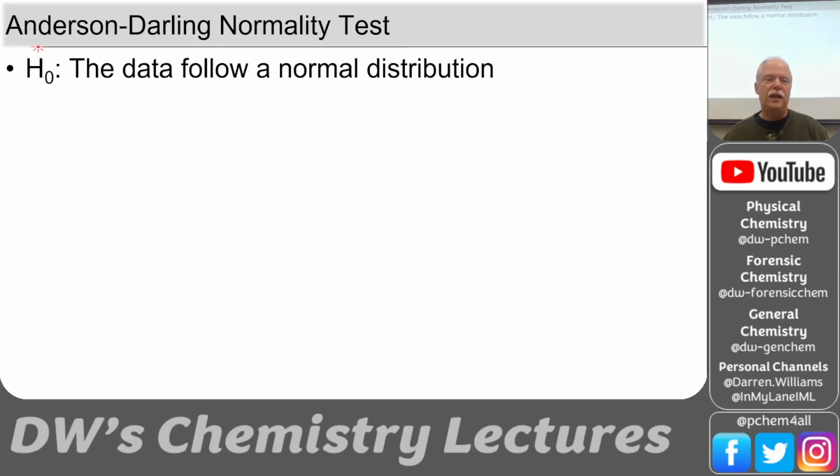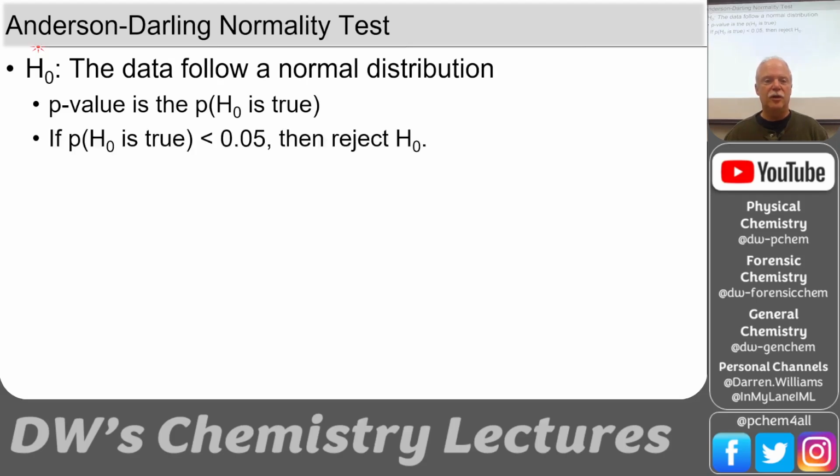So this is, again, you can't use a p-value unless you know the null hypothesis, right? And so this is the null hypothesis that the data follow a normal distribution. That's the Anderson-Darling normality test. That's the null hypothesis, and the p-value is the probability that that's true. Okay, and if it's less than 0.05, we would reject the null hypothesis. Ours was 19.6, so we're going to say, yeah, we fail to reject the hypothesis that our